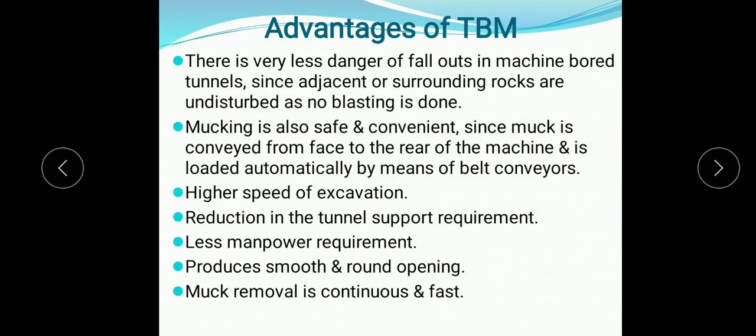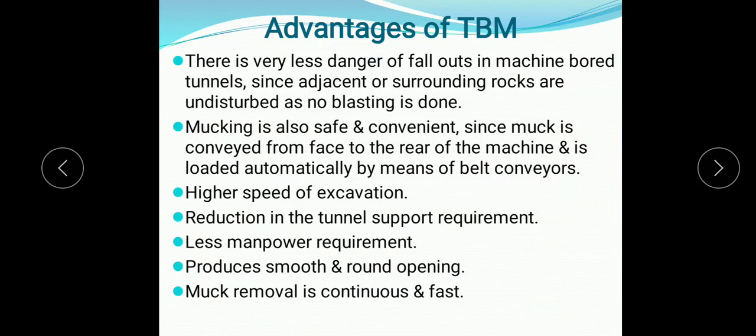Sometimes because of the blasting, the rock may fall down, which results in fallout of adjacent or surrounding rocks. Such cases do not happen if we are using tunnel boring machines.